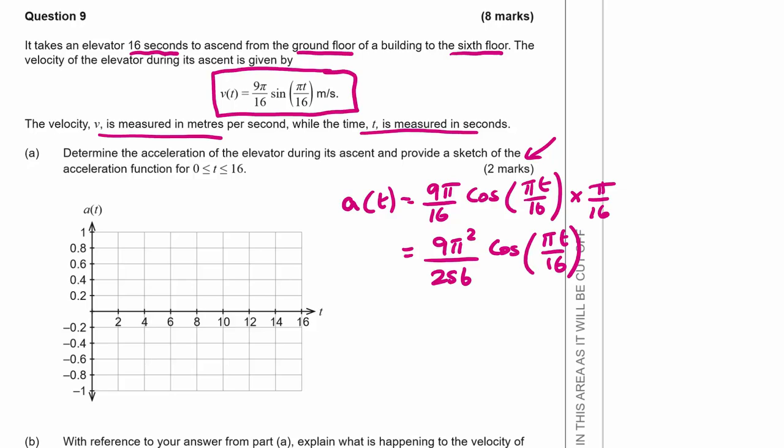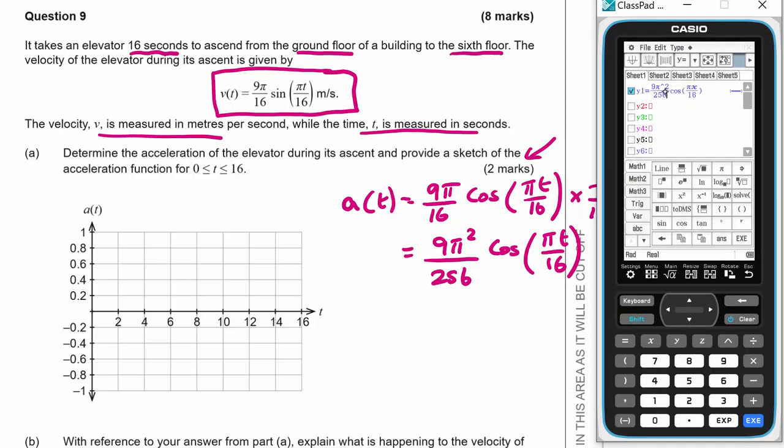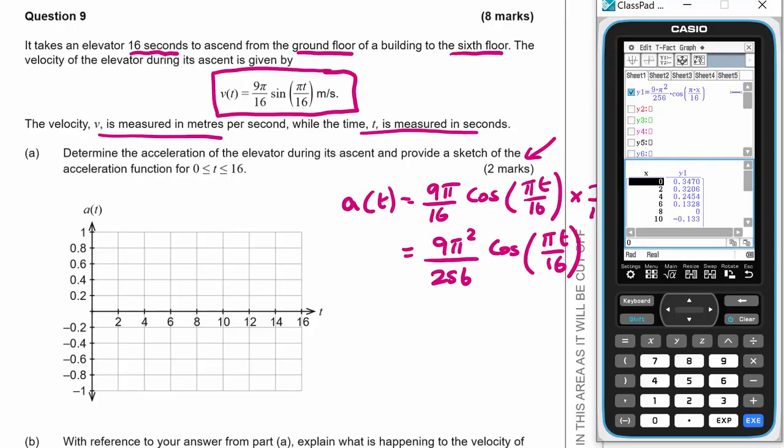Now, it's going to take longer than is ideal for 2 minutes to do this well, but sometimes you just have to do it. And you can see I've already put the function in here. And what I'm going to do is produce a table rather than the graph. So I'm going to produce a table, and this is actually set up quite nicely for me in that I was going to start at 0 and go up in 2s. So 0, I've got